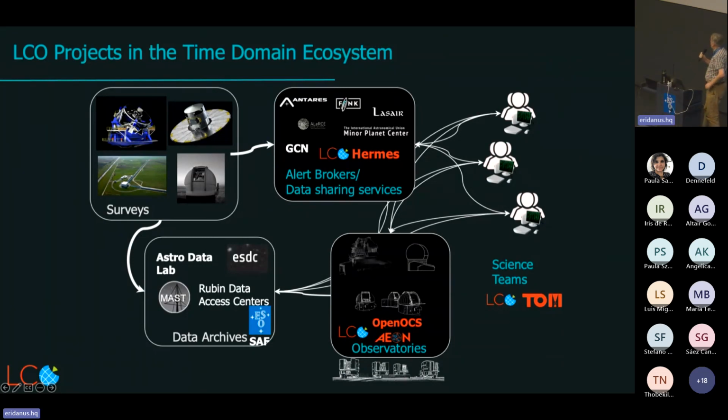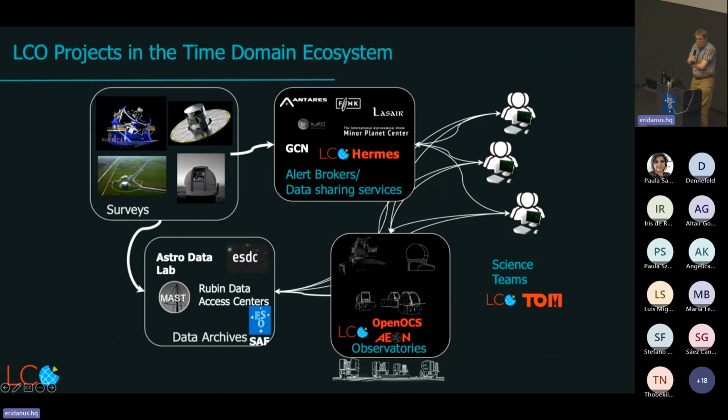Okay, so we've seen variations of this diagram a few times, but this is how we envisage the LCO projects fitting into the time domain ecosystem. Up in the top left, we have the existing surveys. These are things like Gaia, Pan-STARRS for near-Earth objects, the Gravitational Wave Observatories, and obviously Rubin is the one